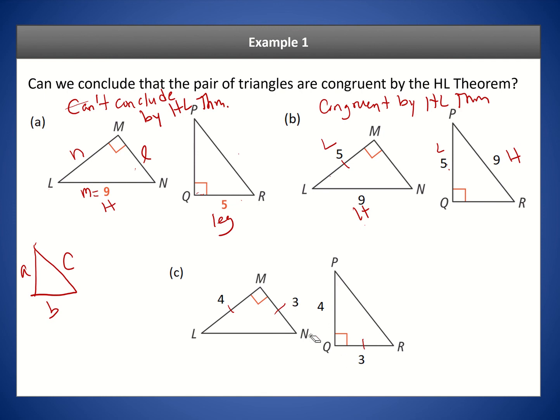I didn't really mean to make that. I should have used L. So we have a leg and a leg, so no hypotenuse. And so we really can't conclude this by the HL theorem, technically speaking. However, by the Pythagorean theorem, we can actually determine what the hypotenuse is. And so technically you can conclude that these are congruent, but you can't use the HL theorem directly. Okay, so you can't use the HL theorem directly, but you can kind of use it indirectly, because we know